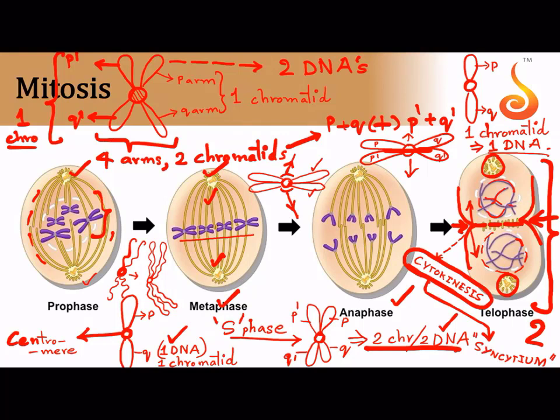In animals we call it syncytium. The word syncytium is mostly used in the case of animals. In plants we use a word called coenocyte. So syncytium or coenocytic condition is where a cell has many nuclei. Why? Because karyokinesis kept happening, but cytokinesis did not happen. So I hope you understood.